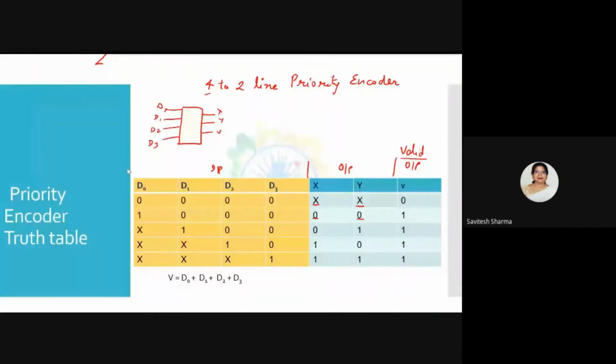So please try to understand the concept of the priority encoder. If you understand the 4-2 line, you can design 8-3 or 16-4, whatever priority encoder you want. You only have to understand the concept. So I will concentrate on the concept of 4 lines input and 2 lines output. And the rest, you see, is for showing that the output is valid.